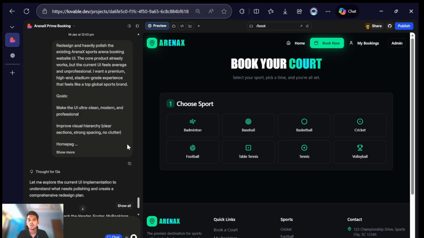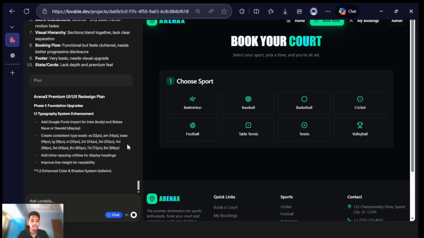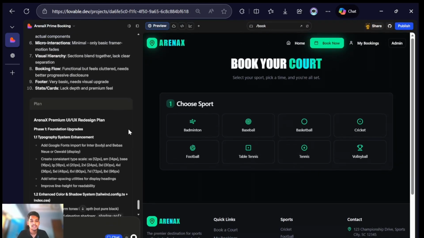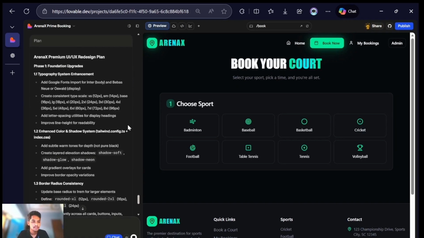So this is the best way to go. First, describe your prompt and then toggle on the chat mode, and then it will create a plan for you. And if you want any other changes, you can just make them and then implement the plan. That's how you need to work. This is the best hack I could give you. Chat mode is the best